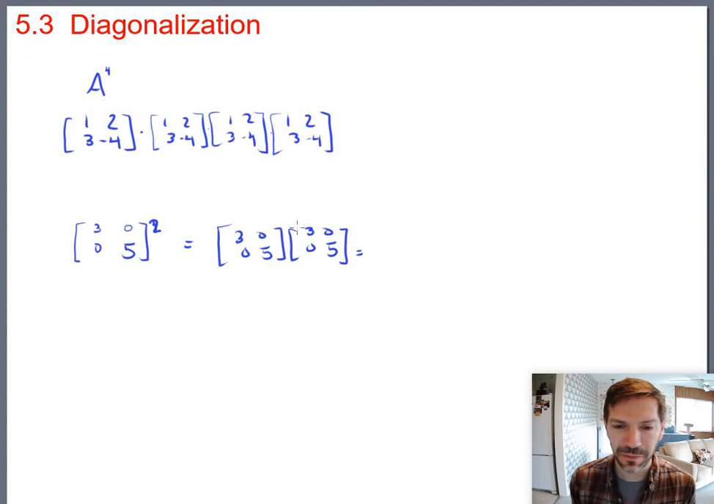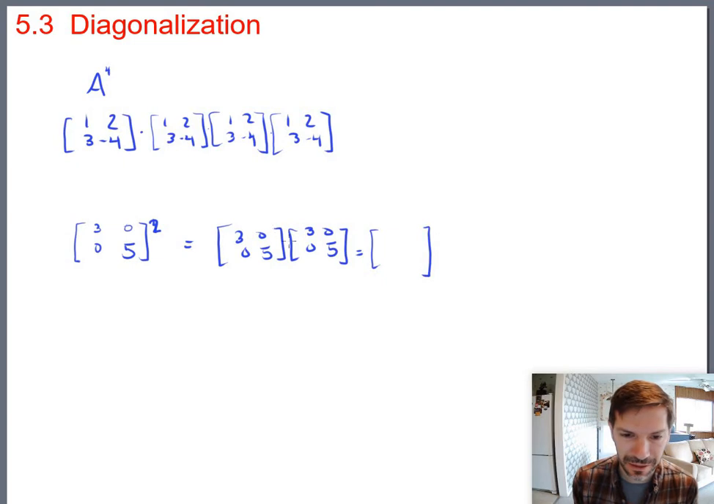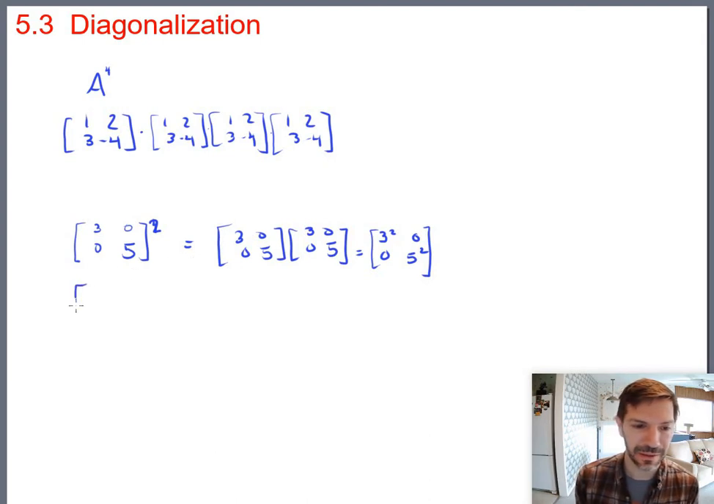Okay, so when you multiply this out, use your favorite way that you think of multiplication, but first row, first column, it says 3 times 3, which I'm just going to write as 3 squared. And then you get 0 there, 0 there, and you get 5 squared there. And I think you can probably guess it's no big stretch if you multiply by one more copy of 3, 0, 0, 5. It literally says 3 times the first column, 5 times the second column. So you would now get 3 cubed and 5 cubed. And in general,